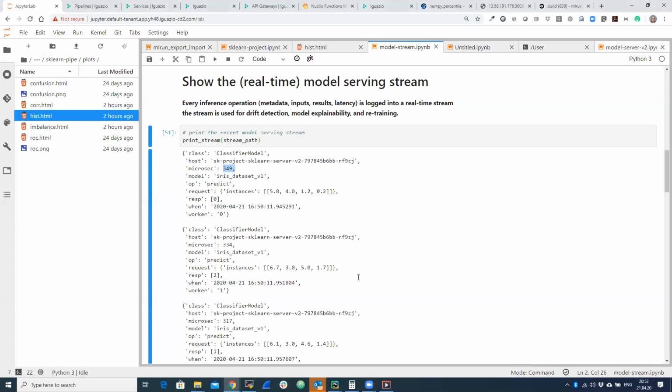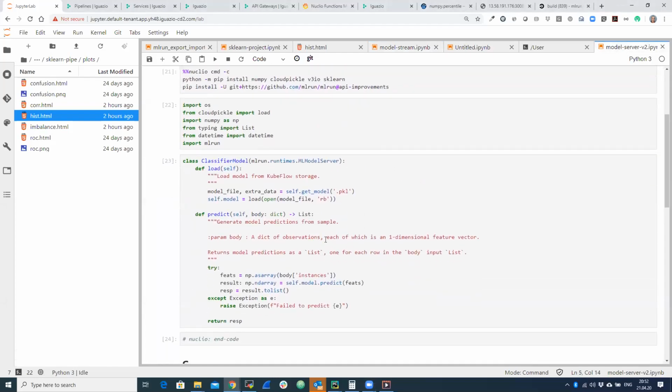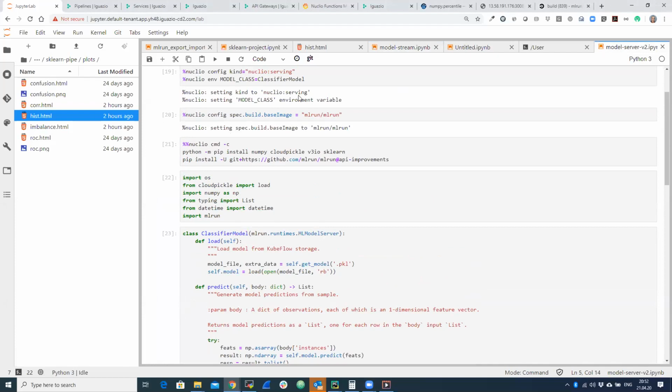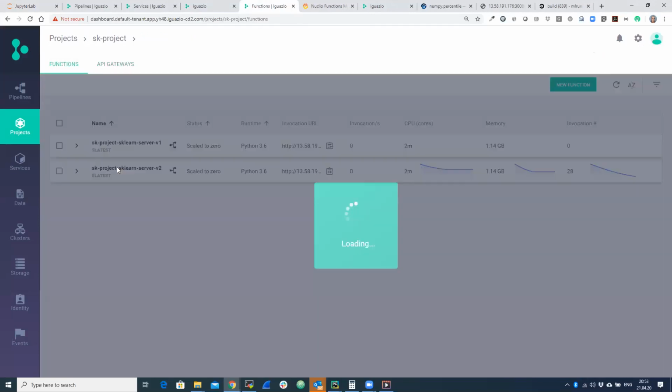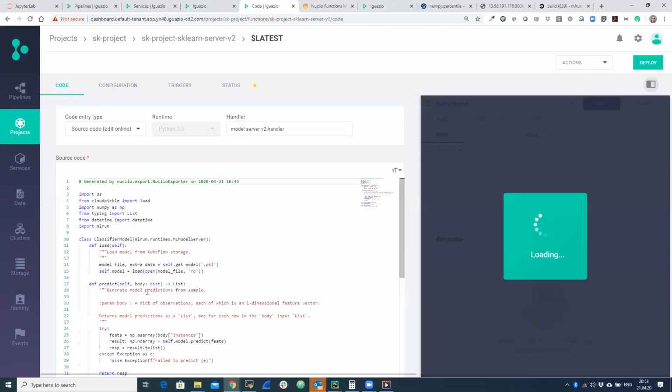As we mentioned before, the way that serverless works, this is a model serving function, and you can see it essentially has a recipe. The recipe involves environment configuration, like if you're going to Nuclio or other engines. And if you go into the function in Nuclio, you can actually edit the code.